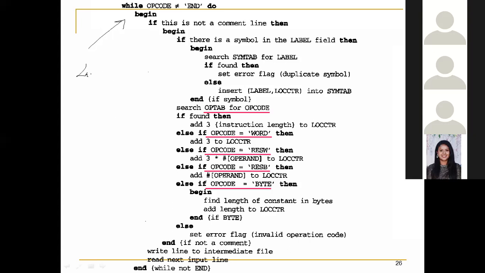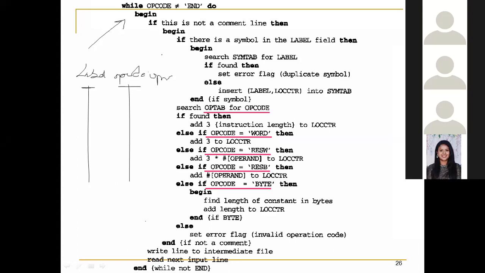Okay. So of course we know that we have the label part, the opcode part, and the operand part. In the label part and the opcode part, we will find labels and the opcode. So we need to check whether any label is already present in the symbol table or not, and whether the opcode is valid or not.